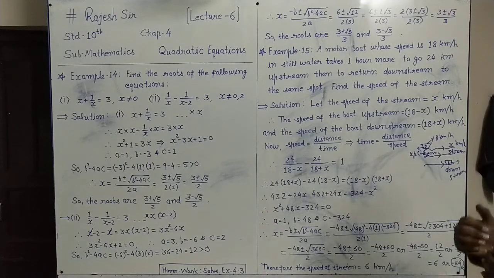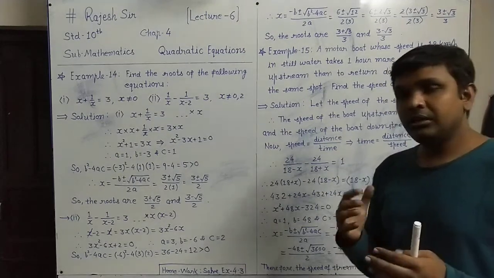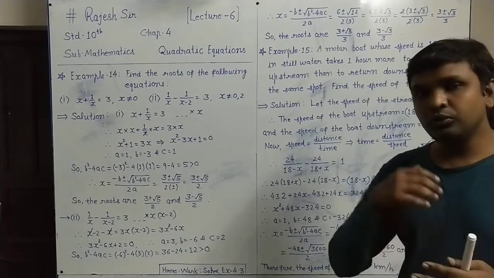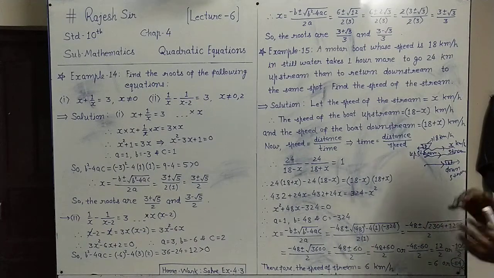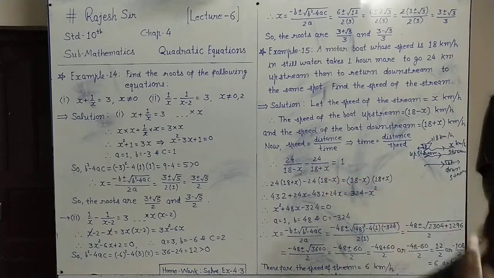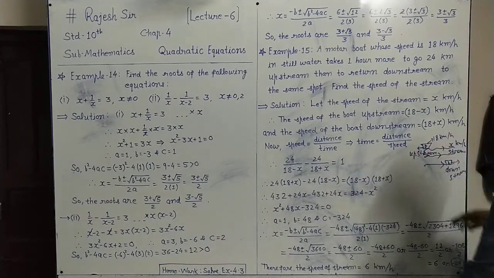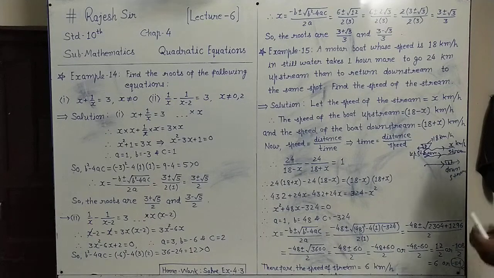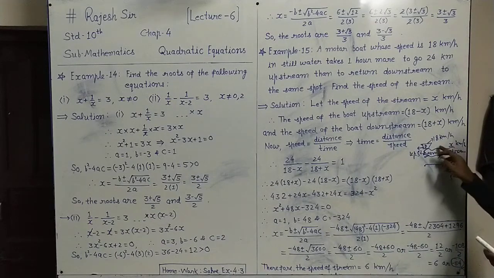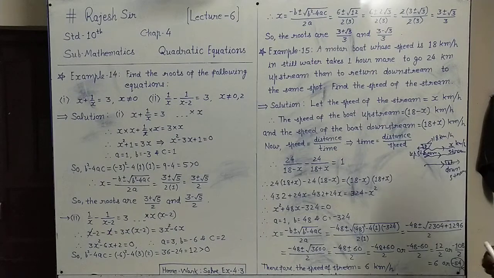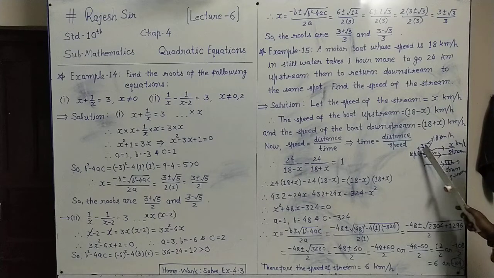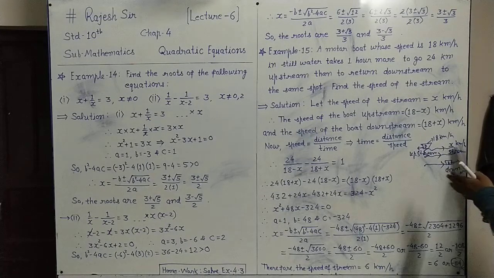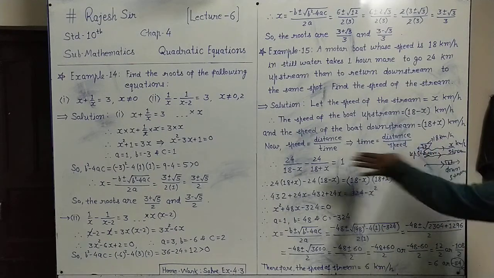So the boat has to face the speed of the stream to overcome it. The speed of the boat will be decreased because it is going in the opposite direction of the stream. How much decreased? As the speed of the stream. So here, let the speed of the stream be x. Stream speed is x on the right side and the boat is going on the left side.